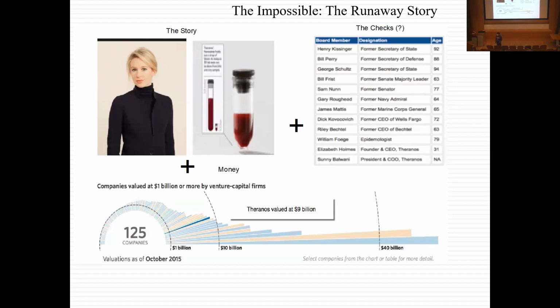And to show you how much people wanted this story to be true, by the middle of 2015, Theranos was priced at $9 billion by venture capitalists. And some of the biggest names in the venture capital business were in Theranos. So in the middle of 2015, if you ask me, what do you think about Theranos as a company? I just said, you know what? VCs, very smart people, seem to think it's worth $9 billion, but that wasn't all.